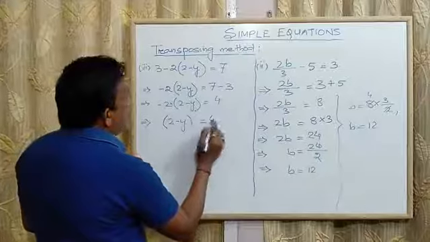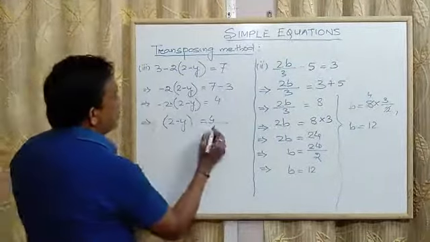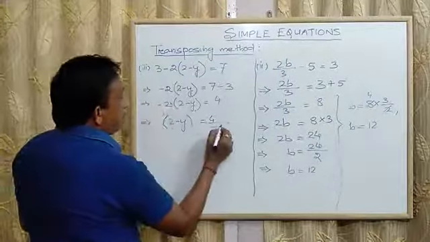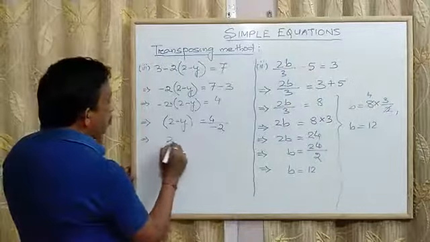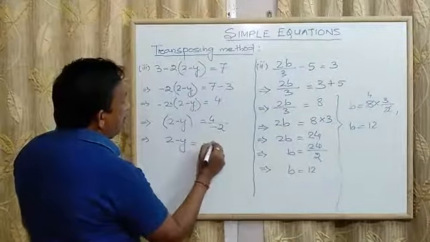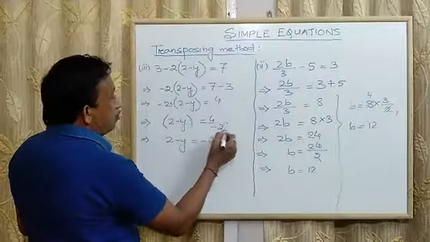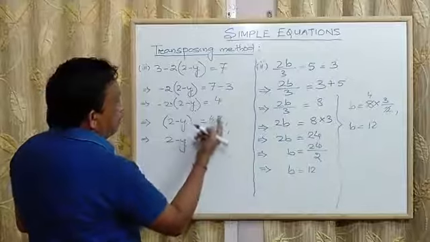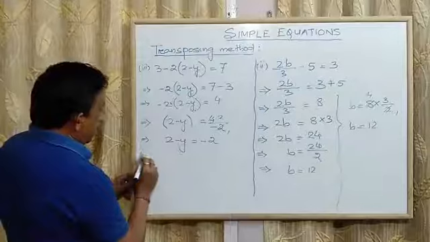So it is 4 divided by, what will go? Minus 2 will go this side. The symbol will also accompany the number. So 4 by minus 2. So now what does it become? 2 minus y is equal to minus 2. 4 divided by minus 2, 2 ones are 2, 2 twos are 4. So 2 by minus 1, it will become minus 2 only.